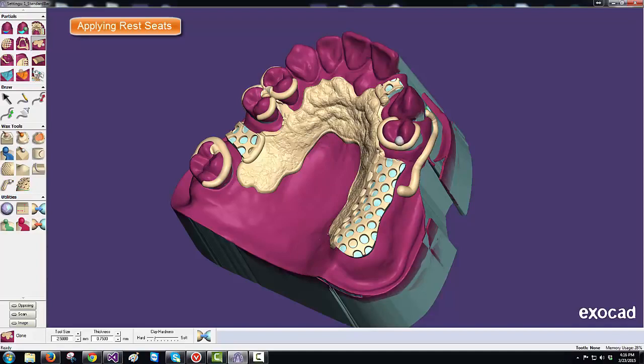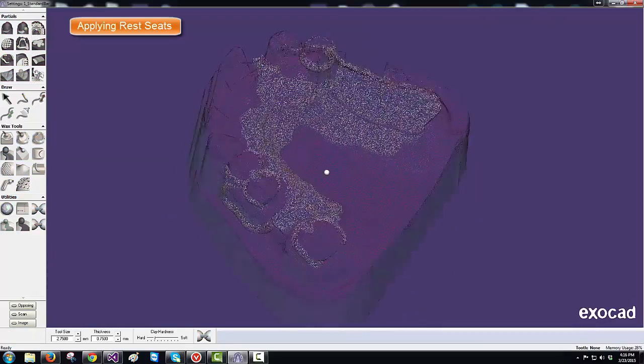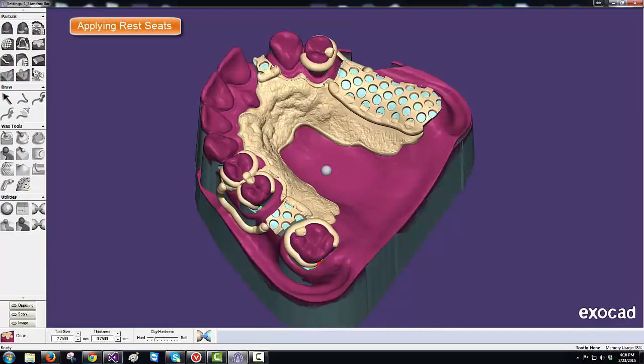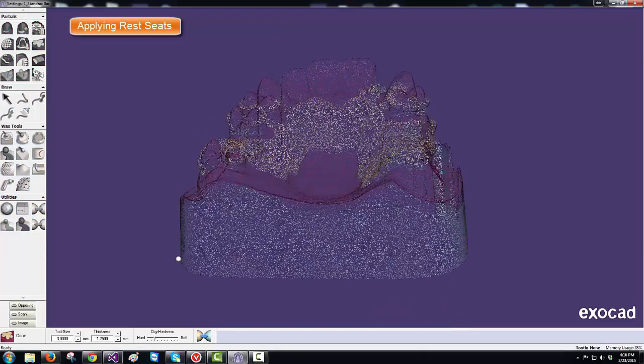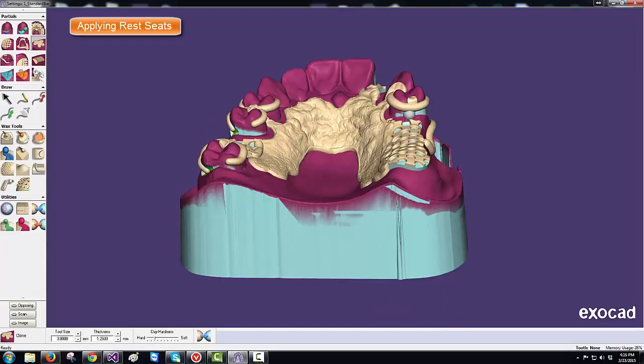Rotate the model again. And here we'll put in a lingual rest on the cuspid and draw the wax further down to the major connector for another minor connector, which we'll thicken up later. So I've changed my thickness value to 1.25 or maybe a 1.5, and you can wax in your minor connectors